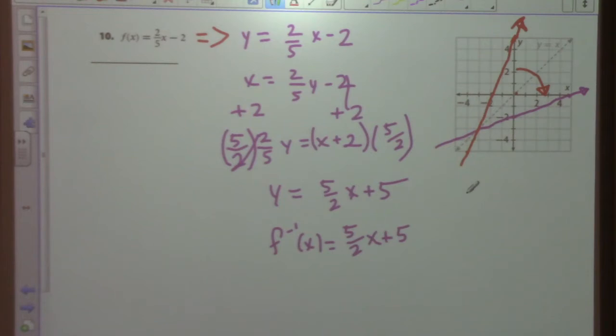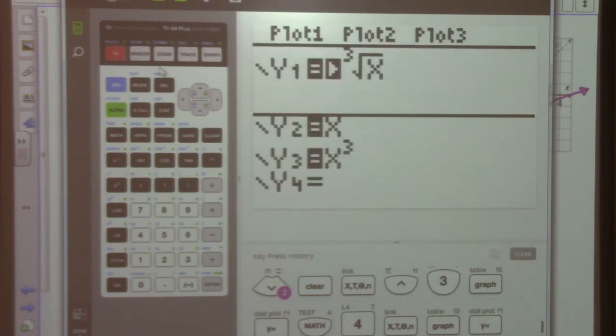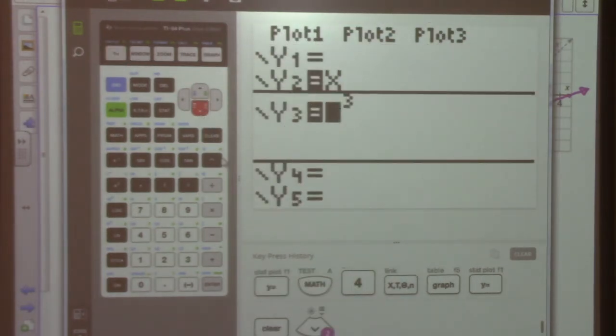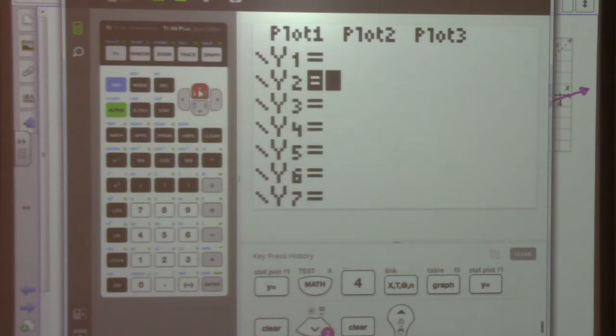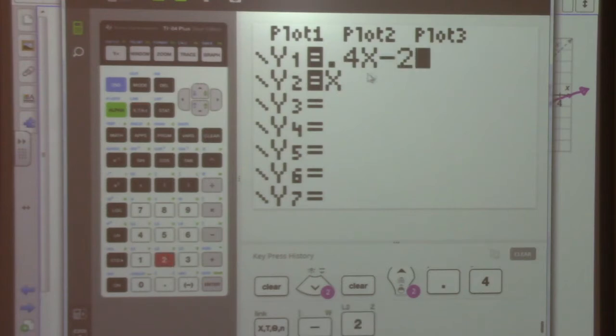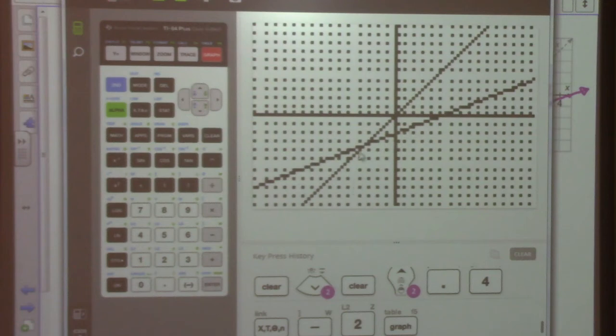Have you tried doing those in the calculator to check? I've seen you using the calculator. Anybody else? Do you know how to do this in the calculator? No, let me show you. What happens is we have 2/5 x minus 2 and 5/2 x plus 5. So 2/5 x minus 2, and I just put in 0.4 instead because 0.4 is 2/5, right? And then we graph this one, and so we see this thing